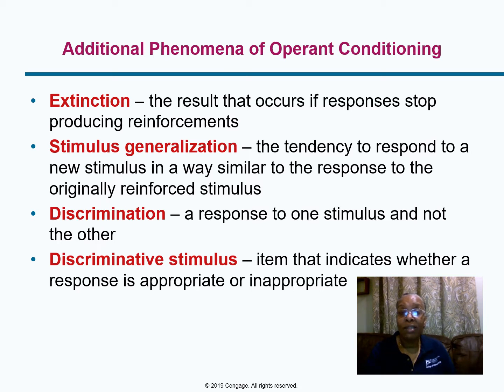Someone who receives reinforcement for a response in the presence of one stimulus will probably make the same response in the presence of another stimulus. The more similar a new stimulus is to the original reinforced stimulus, the more likely it is to get that same response. This is what we call stimulus generalization. So you might reach for the turn signal of a rented car in the same exact place you would find it in your own car. That would be an example of stimulus generalization.